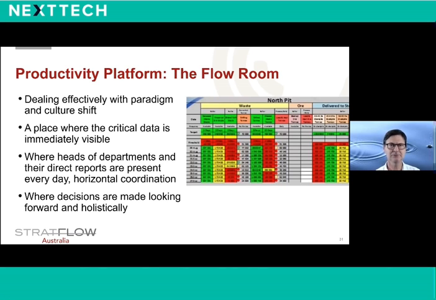In the flow room, we create this network that we just showed. It's the place where the heads of the departments, middle managers, selected employees get up-to-date visual information on what's happening to the business and the supply chain as a whole. Color codes identify where the attention should be focused and where help from support functions such as HR, IT, or maintenance is required. In this flow room, support functions become aware of the business needs and they become empowered to deliver. It provides a forward view and it highlights the patterns of interaction requiring more attention.